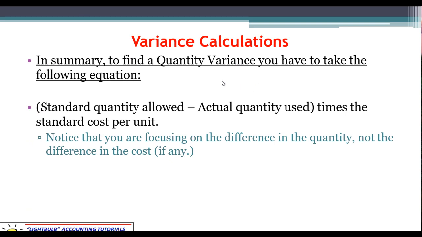Now, here is what we're going to have to do to calculate the actual variances. This is probably what you're more concerned with. For the quantity variance, keep in mind we're talking about a variance between 2 quantities. So those are going to be the items we subtract. Standard quantity minus actual quantity. But that by itself doesn't give you anything. You have to turn it into a cost by multiplying it by a cost per unit. So the focus is on the difference in the quantities, which is why it's called the quantity variance. Multiply it by a cost per unit to get a price at that level.